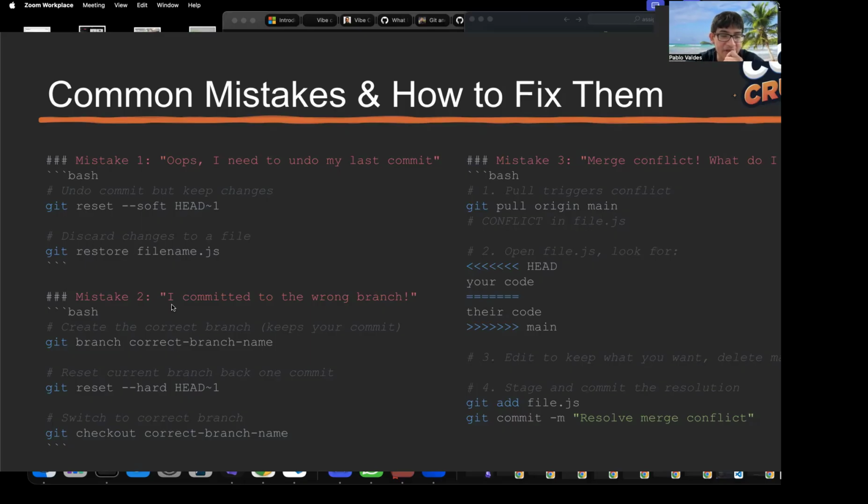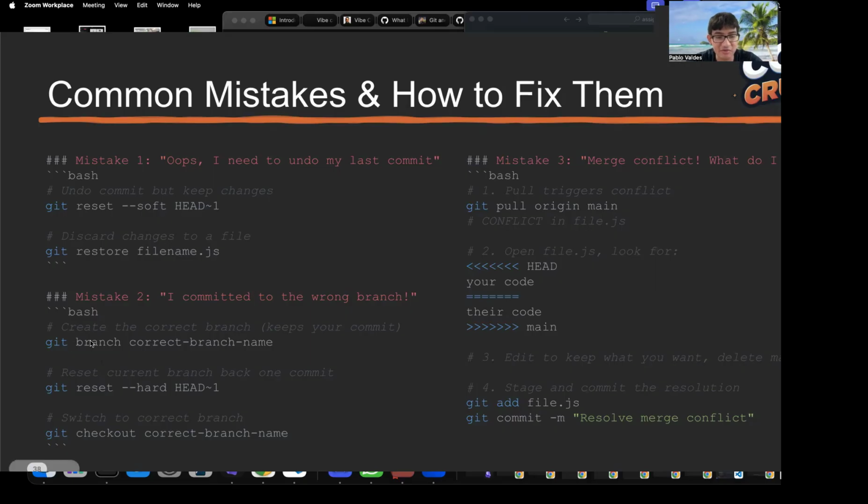Another mistake you could make is committing to a wrong branch. So in Git, you have different branches, and that's useful in case someone is working on a different feature, right? Someone might be working on a nav bar and you might be working on a footer or something else. So you're going to want to have different branches for that, just so you can have individual spaces to do your own work. And if you're not careful, you could be on the wrong branch and you might commit some mistakes accidentally.